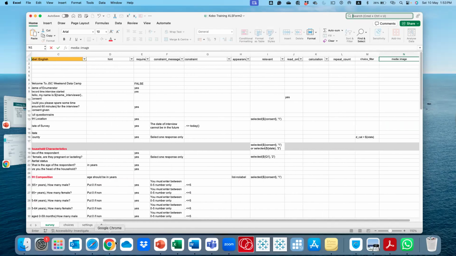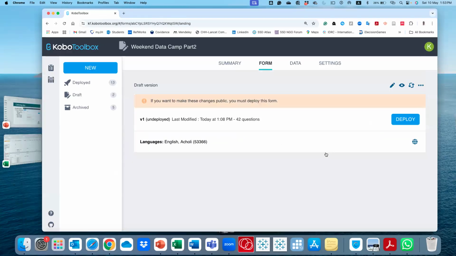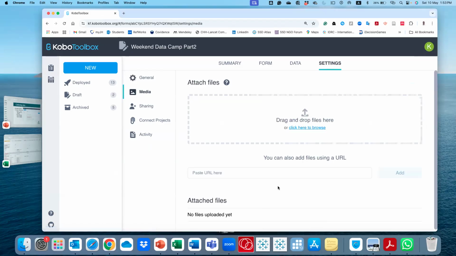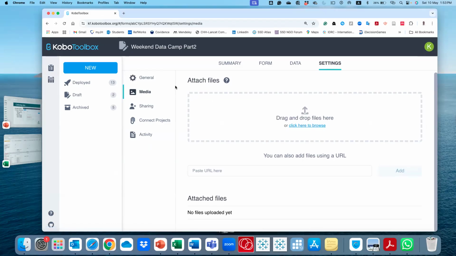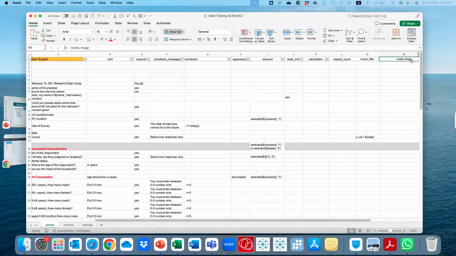For media, you need to first go to settings and attach your media here first. You will upload your media, and later on the name of the media would match. I'll leave this to you, and it will take some time, but you'll figure it out.